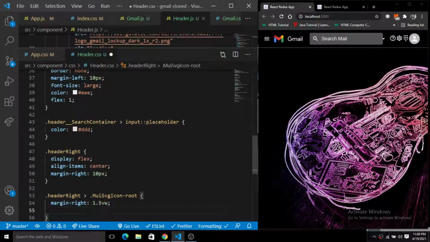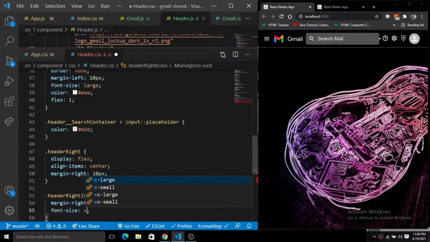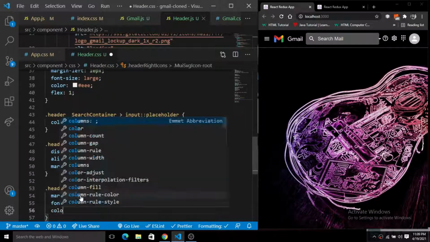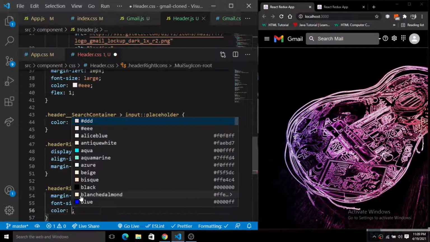Actually, it is the header right icons, not this. Inside of header right icons, everything is fine right now. And we'll make it larger, so we'll give the font size extra large, and then give the color RGBA.